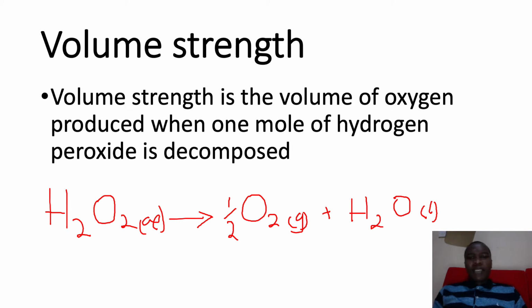However, you can still balance it normally. Of course, you put a 2 on hydrogen peroxide, then you don't put anything on oxygen, and then 2 on water. Then you use it accordingly. Still, it will work, but we just wanted to bring it out. What do we mean by 1 mole of hydrogen peroxide? So that's the key word here. Now, moving on and going for the question,